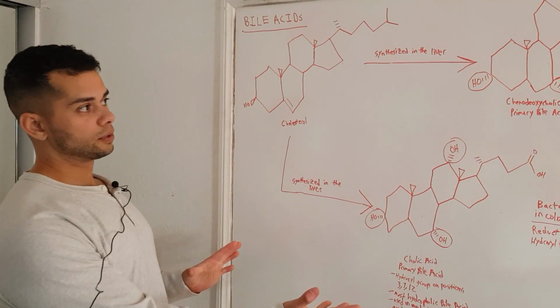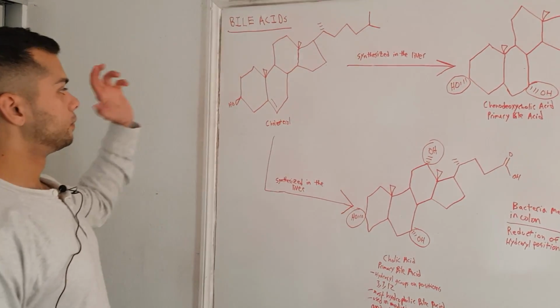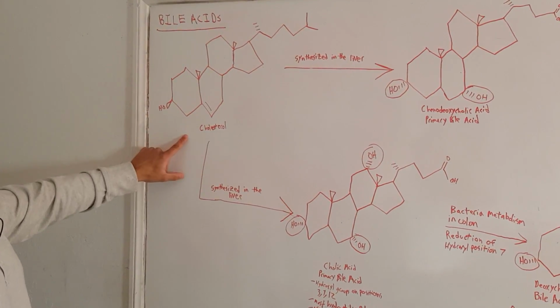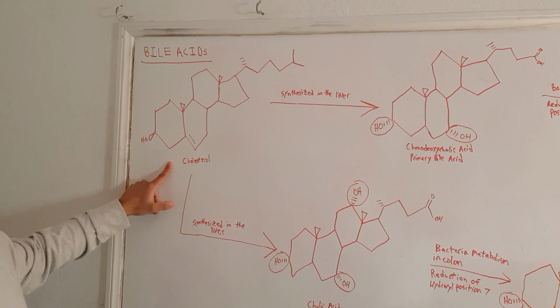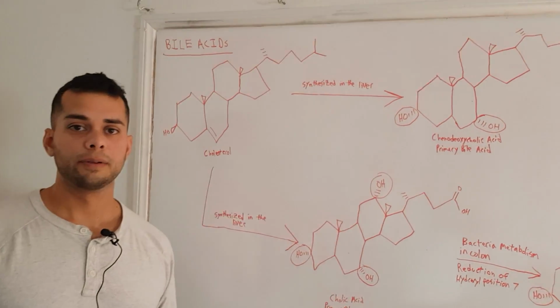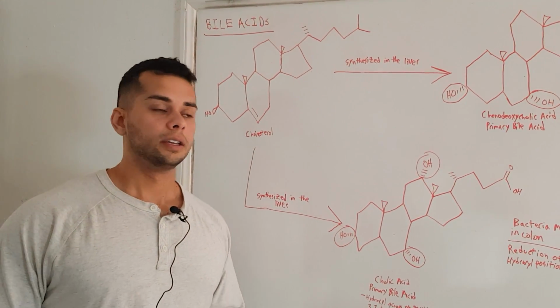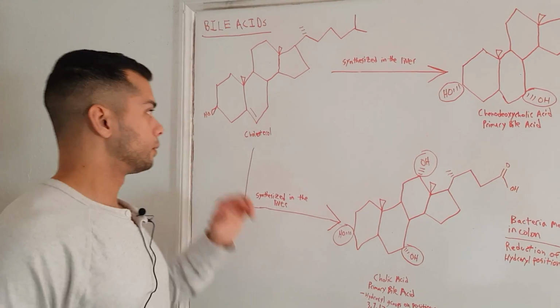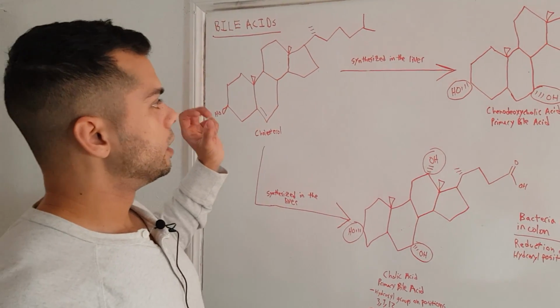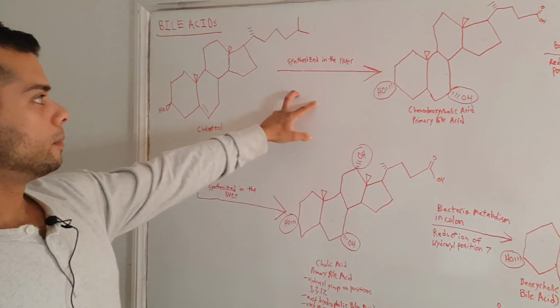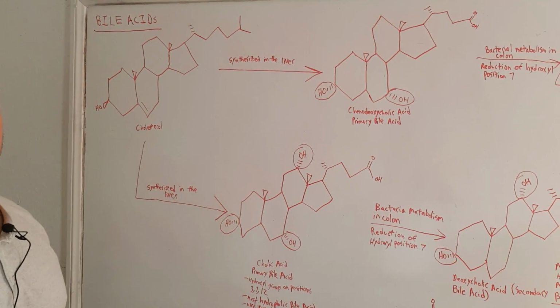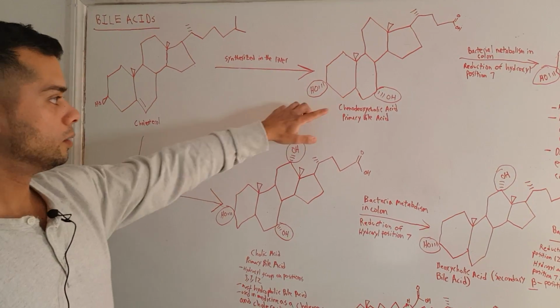I have a few structures here on the board. So first, let me draw your attention to here. Right here we have cholesterol. Now cholesterol is what every bile acid in the human body is derived from originally. From cholesterol, we get synthesized in the liver the two primary bile acids in the human body, which are chenodeoxycholic